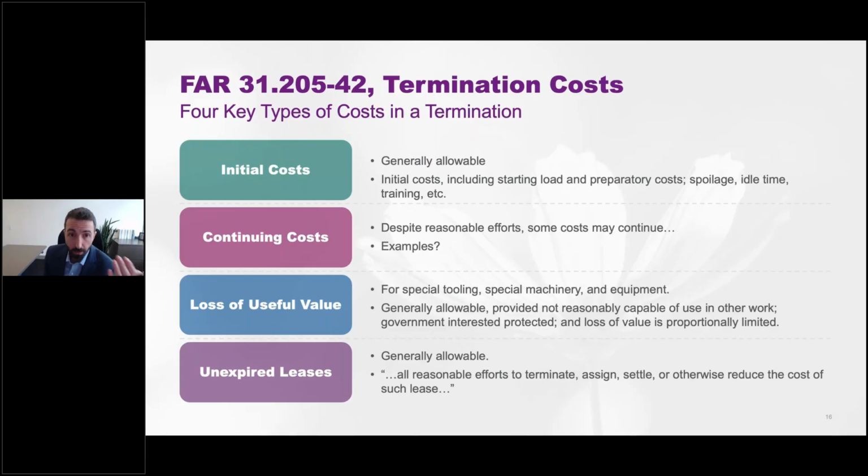The question is, at what point in time can you stop costs, right? So you want to show, if you have these kinds of continuing costs, that you were making reasonable efforts to reduce them and were unable to do it. And documenting that is really important because your auditor may ask down the line, well, how do I know that you couldn't have taken more action to stop this cost? And so you want to document that. The documentation, I mean, this is, again, where having outside counsel or a cost consultant can be very helpful in thinking about, all right, how do we document what happened so that we can explain this in our settlement proposal later? Loss of useful value can be one.